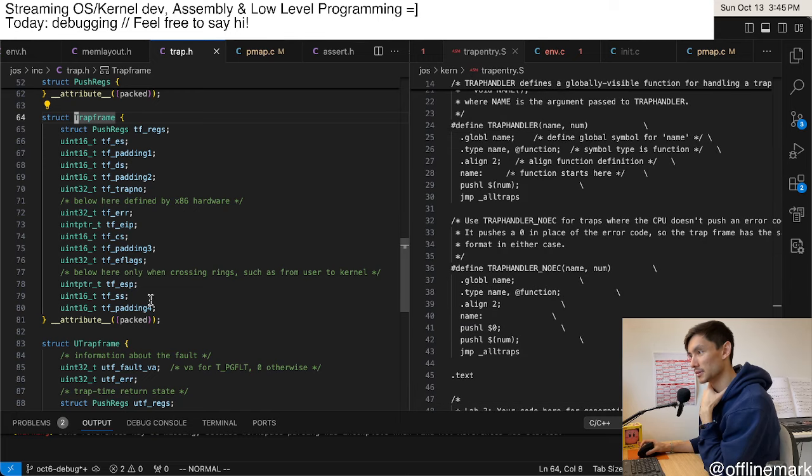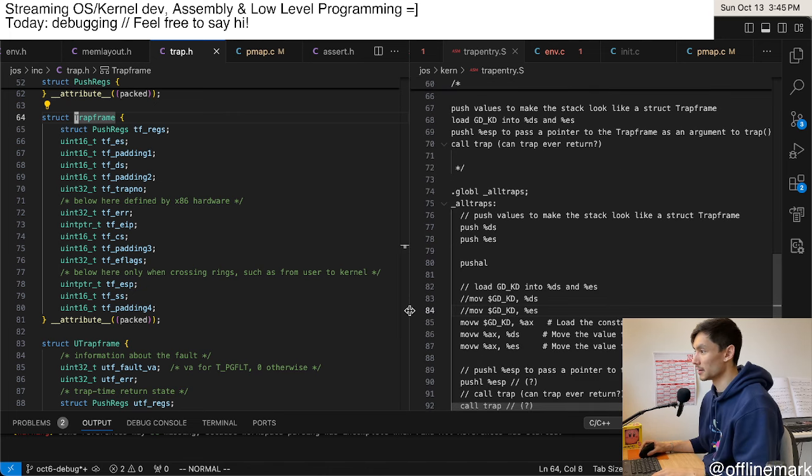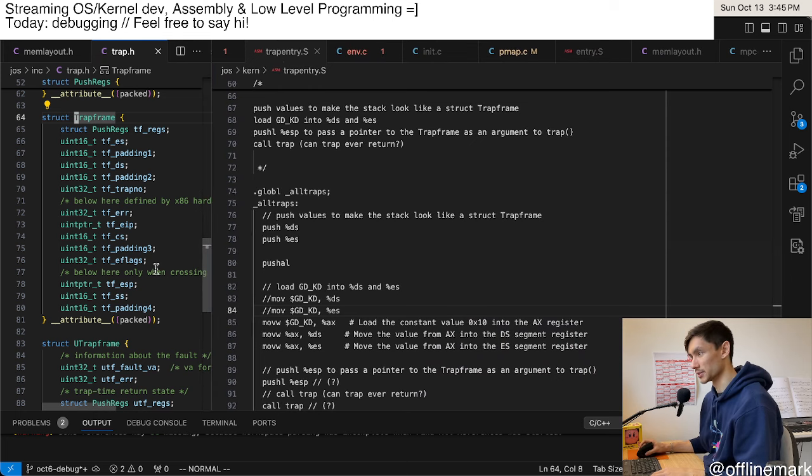CPU definitely pushes all of this stuff except for the error code. It might not push that. So here, for a lot of these cases, we push the 0 for the error code, and then we push the trap number, and then all traps takes over from there and pushes the rest of these things like the DS, the ES, and the registers. All that is to say though that the CPU pushes the ESP. Okay, so wait, but then the question is how,